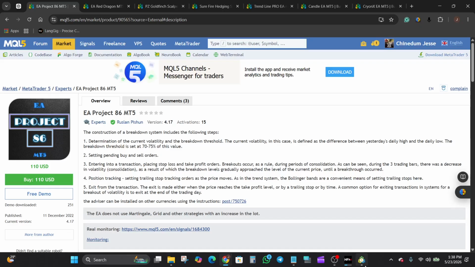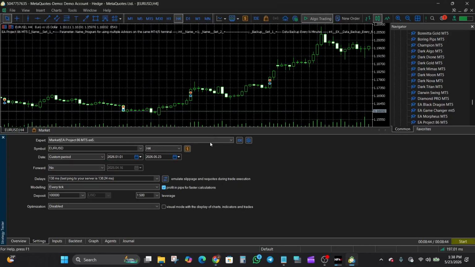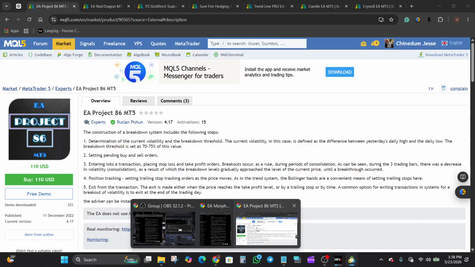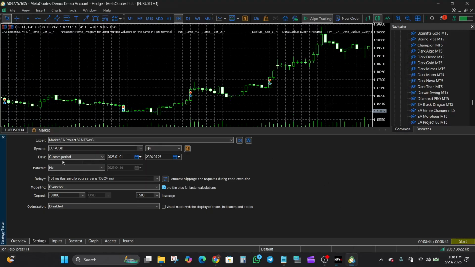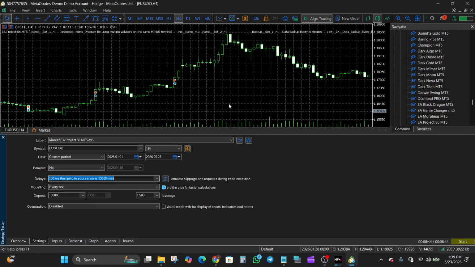The EA Project 86 is what we are testing. We are using Euro USD, one of the recommended currency pairs. We are using H4, which is one of the recommended time frames, right? You can see all the time frames here, right? So we are using H4 Euro USD, and then we are testing from the beginning of this year till date so that we can get reasonable data for the back testing. Then for the delays, we are using the last ping to the server, and of course we are using the every tick modeling. Okay, so the test has already completed, so we're just going to go through the chart history,